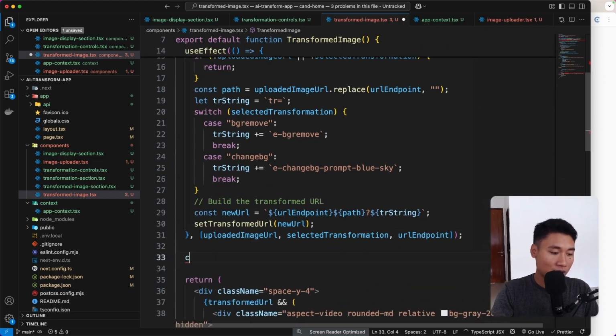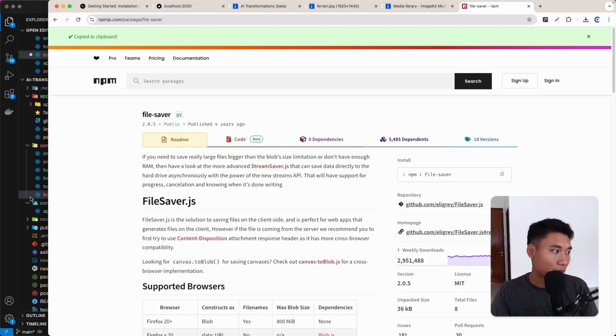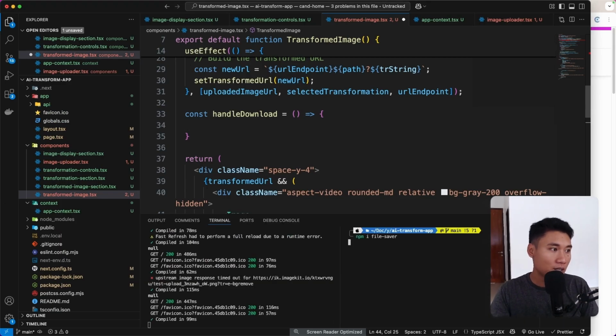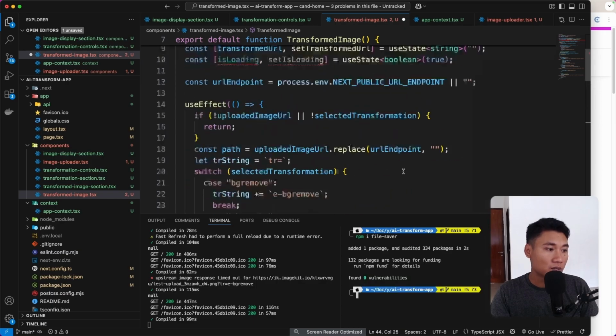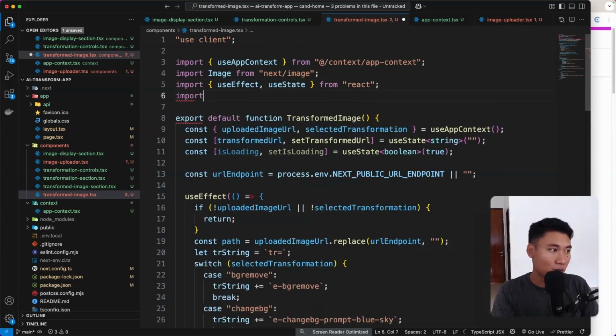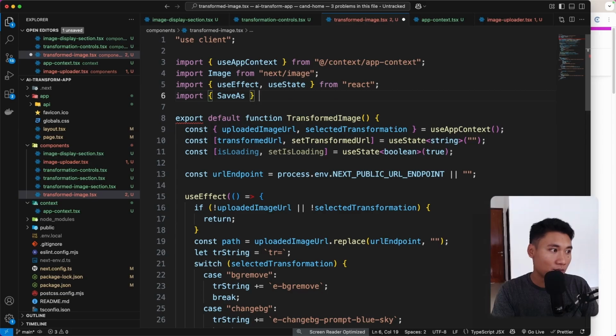Let's say const handleDownload equals to an arrow function. For the download functionality, we're going to use the file-saver package. I'm going to copy that package and let's just install it down here. And then how to use that, it's pretty simple. We need to import saveAs. So we can do import saveAs, it's going to become from